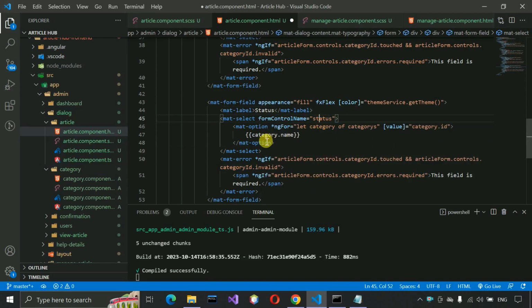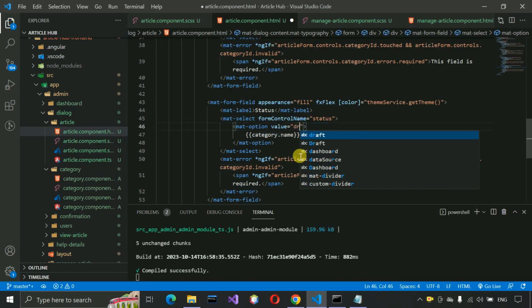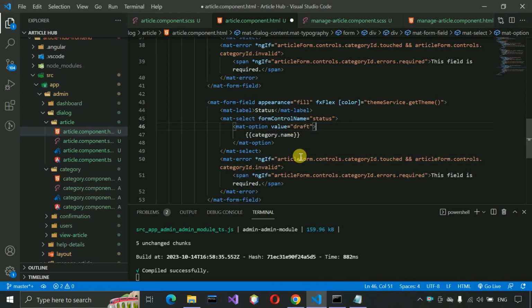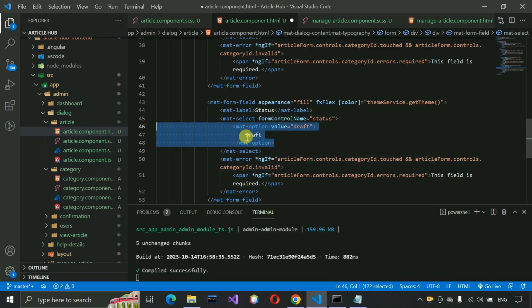And here the ngFor option will not be like this, so just remove this part. And here we just need to remove these brackets, as we do not need property binding. Draft, here we just need to write draft, and here we just need to write draft. And in the same way, let me put this in the same line first. Just remove this one